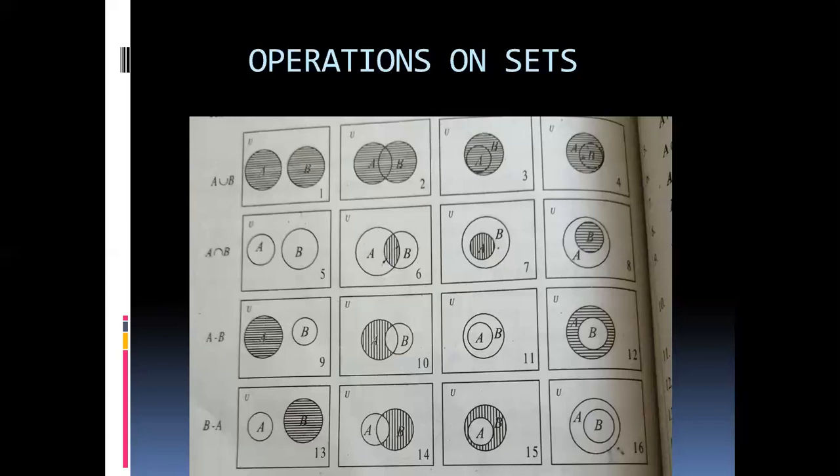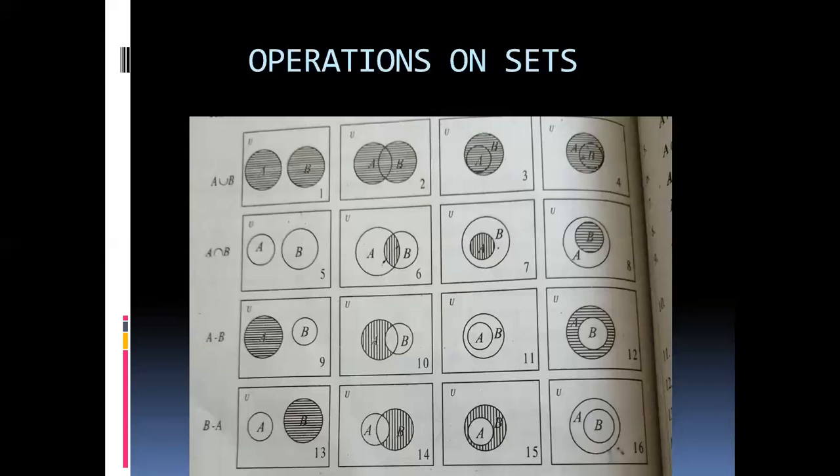A union B, again all the elements of A union B, so we shade the whole diagram, both circles A and B. Then A intersection B, definitely A is a smaller set. It means when we take the A intersection B, the solution will be set A. So that's why I shade the A set only.